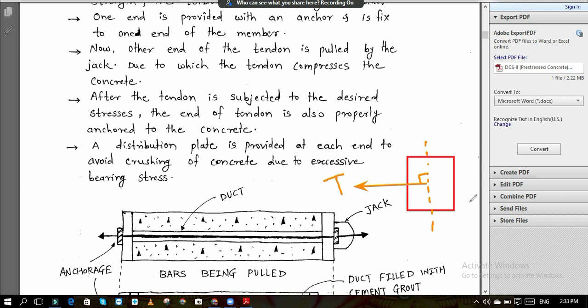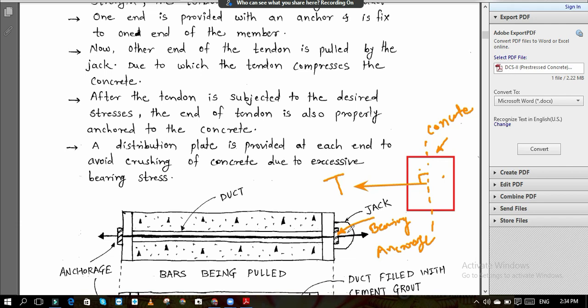So when you apply this tensile force, there are the chances, now I am talking about concrete, this is concrete beam, I am not talking about steel. यहाँ से वो स्टील का बार बाहर आ चुका होगा, लेकिन I am talking about the concrete. What will happen when you apply this tensile force, due to this tensile force there may be the chances of cracks getting developed in this cross section due to uneven loading. तो ये लोडिंग पूरा इवनली डिस्ट्रीब्यूट हो इस कंक्रीट पे, इसलिए हम इधर एक प्लेट लगाते हैं, और दैट प्लेट इज कॉल्ड एज बेरिंग प्लेट और एंकरेज प्लेट.